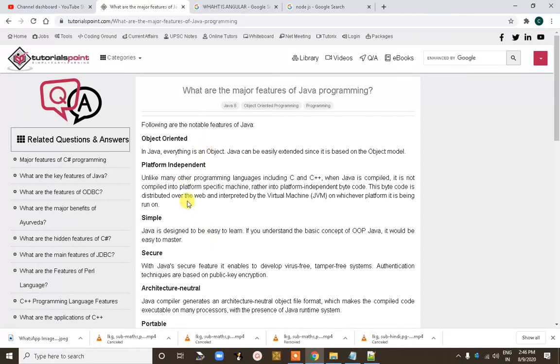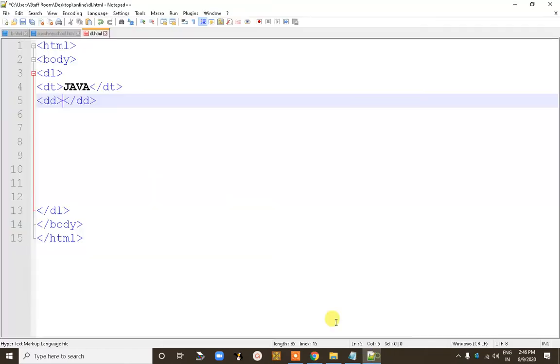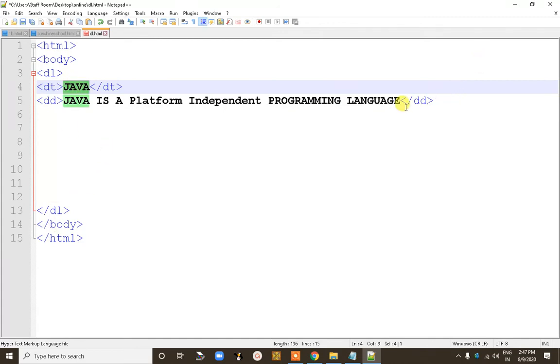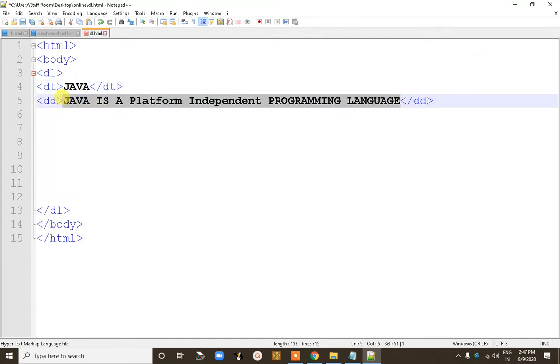See here, Java is a platform independent programming language. Okay. Now, this one is the definition term, and this whole one is the definition description.